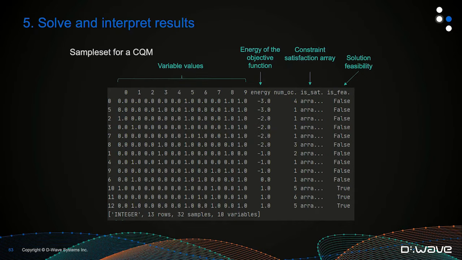The last column is the solution feasibility. So in order for the solution to be considered feasible, all of the constraints need to be satisfied. So you'll see that the first few low energy solutions are not feasible, but the remaining 3 are. We'll take a closer look at that.